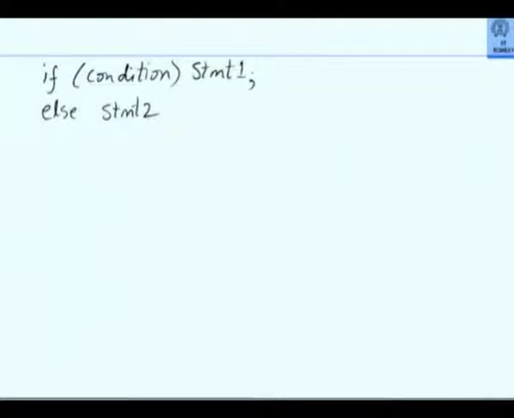The logic for this is as follows. Now this is very important to note: the if statement permits exactly one statement to be written after if and exactly one statement to be written after else.